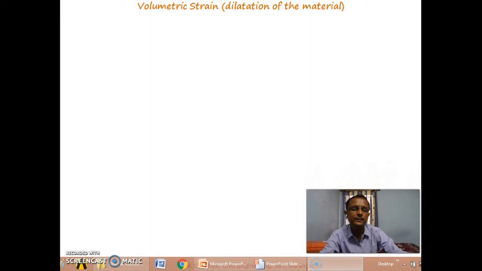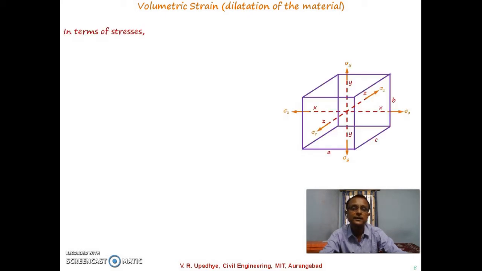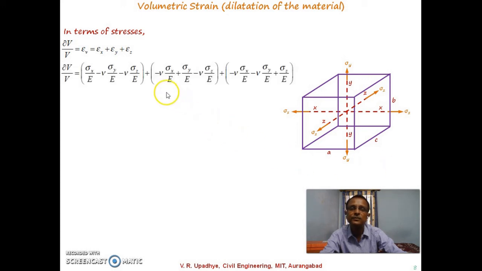If we analyze it by those equations which we have already written for three-dimensional stress analysis, in terms of stresses, epsilon x is given as sigma x divided by capital E, minus mu times sigma y divided by capital E, minus mu times sigma z divided by capital E. So if those three parts are written for epsilon x as well as for epsilon y and epsilon z, and we consider these three terms in terms of stresses, then further that can be written as